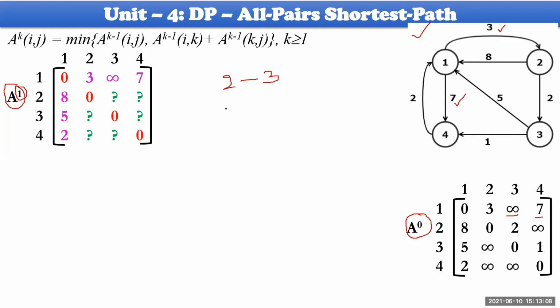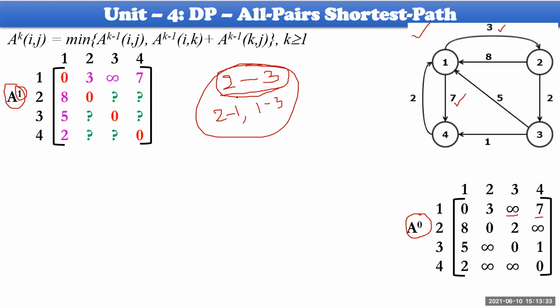So therefore, I'd like to identify what is the direct cost of 2 to 3. Then 2 to 1, what is the cost? Followed by 1 to 3, what is the cost? Out of these, which is the minimum, that is the shortest path. I believe that you understand. So 2 to 3, I'd like to identify the distance between 2 to 3. For example, 2 to 3 gets identified.